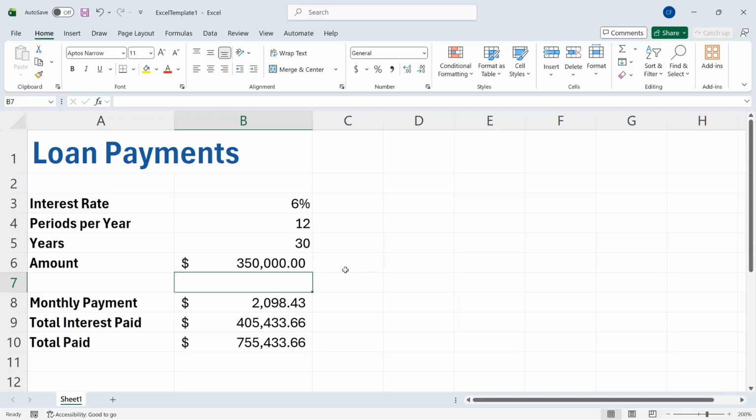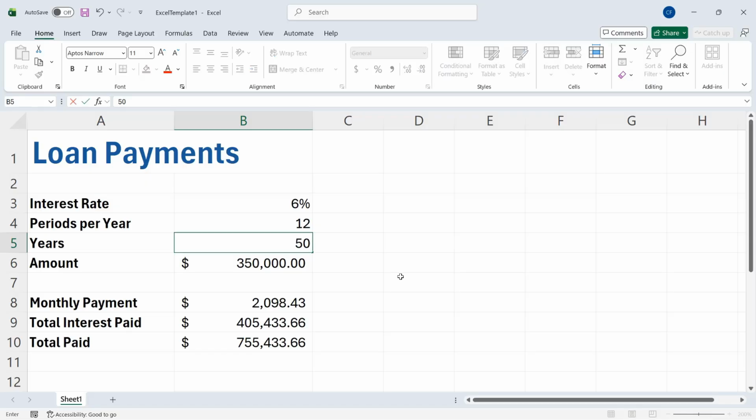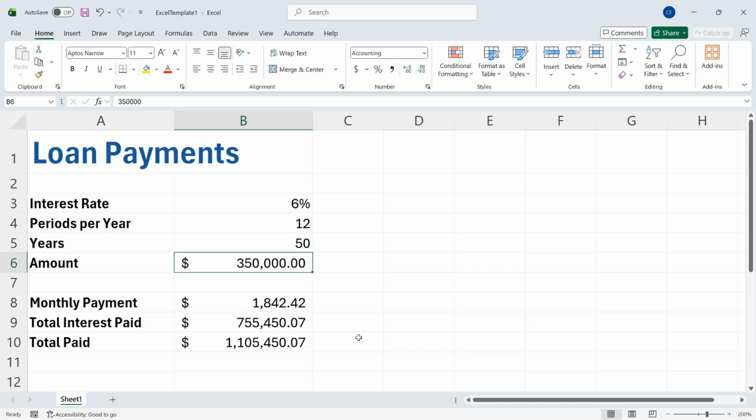And there's also been some talk in the US recently of having 50-year mortgages. Let me show you why that is a bad idea. So we have 30 years. Instead, we have 50 for a $350,000 loan. Remember, we're currently paying $755,000 total. If I change it to 50 years, I am paying over $1.1 million. So pay your loans as quickly as you can and never, ever get a